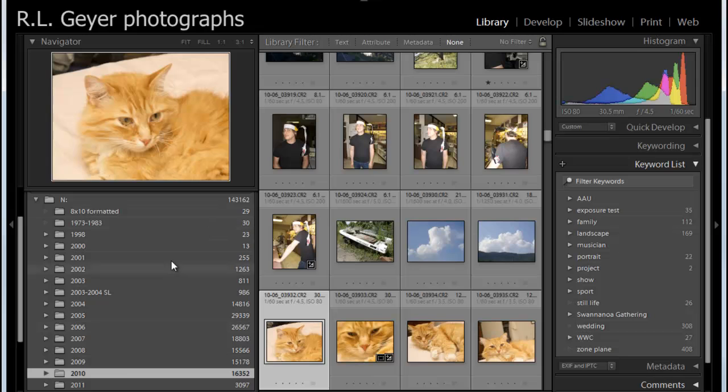If you have a flat structure, I might have 143,162 entries right here, and that would be untenable. By having subfolders within each year and within each month, I can keep a very clean, organized system in my organizational structure. And I don't have to actually dig in here to find those because I can search keywords,